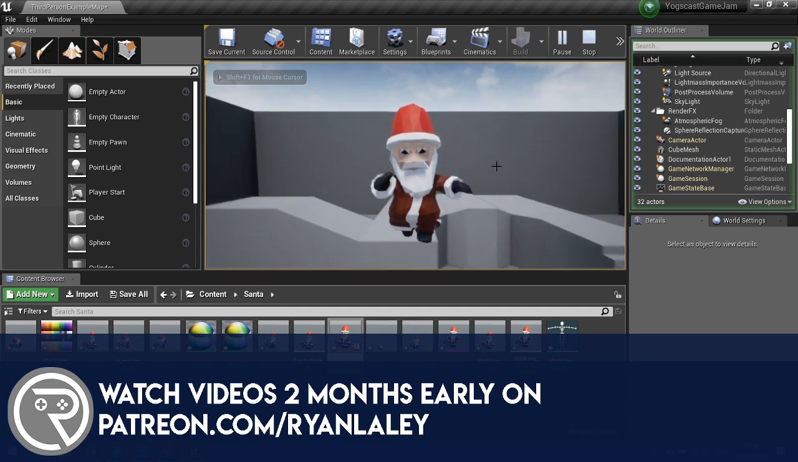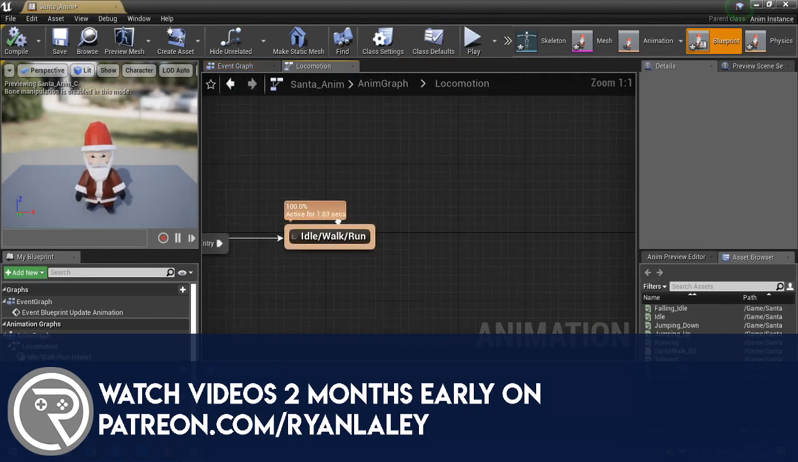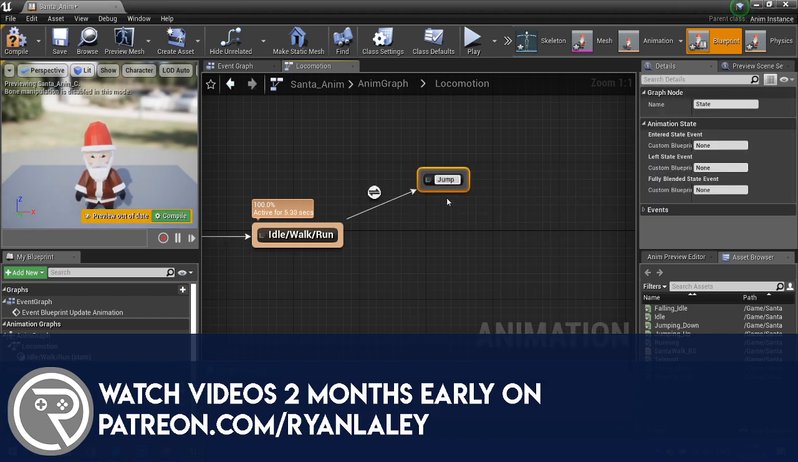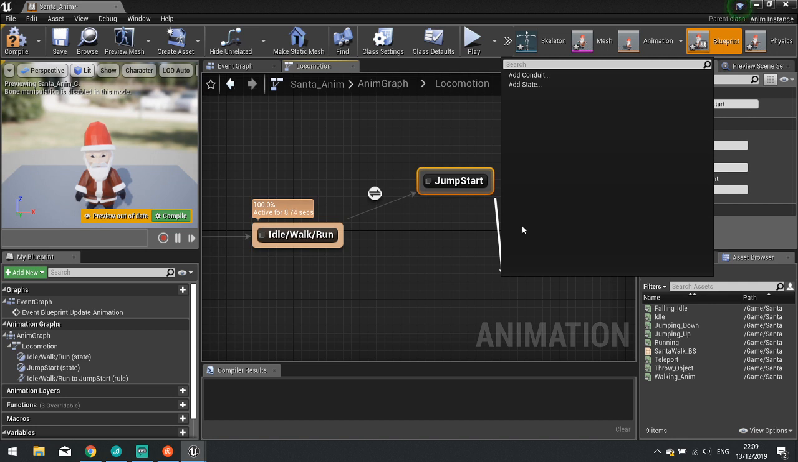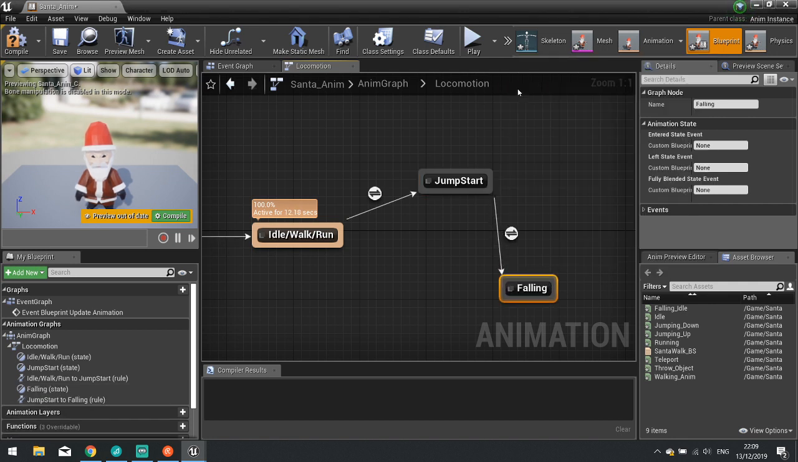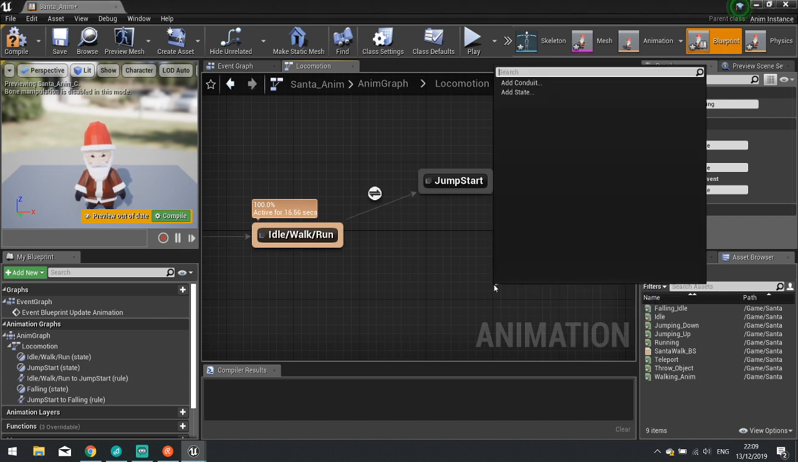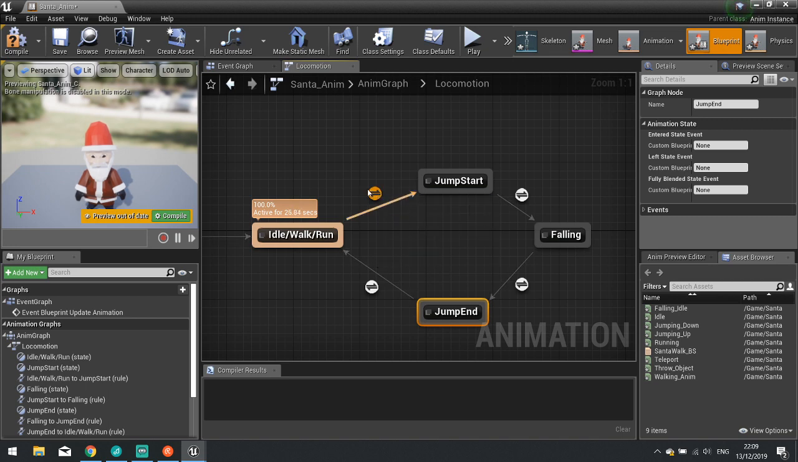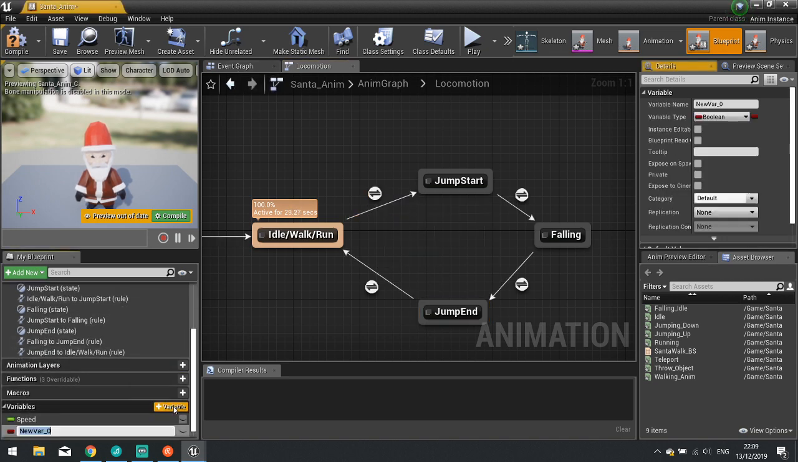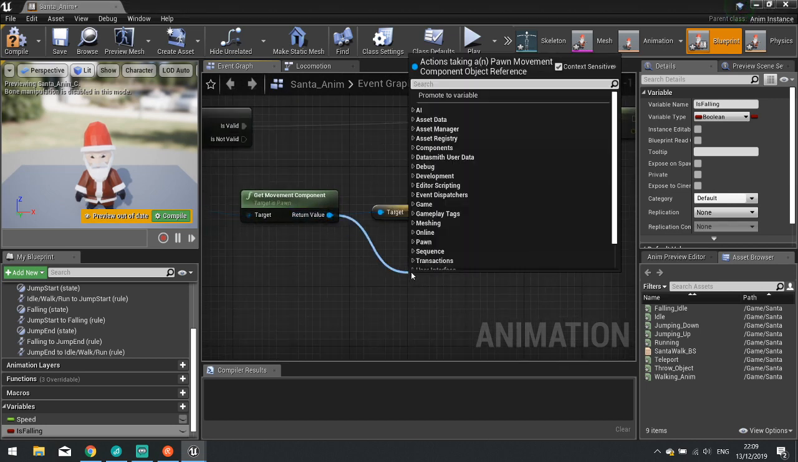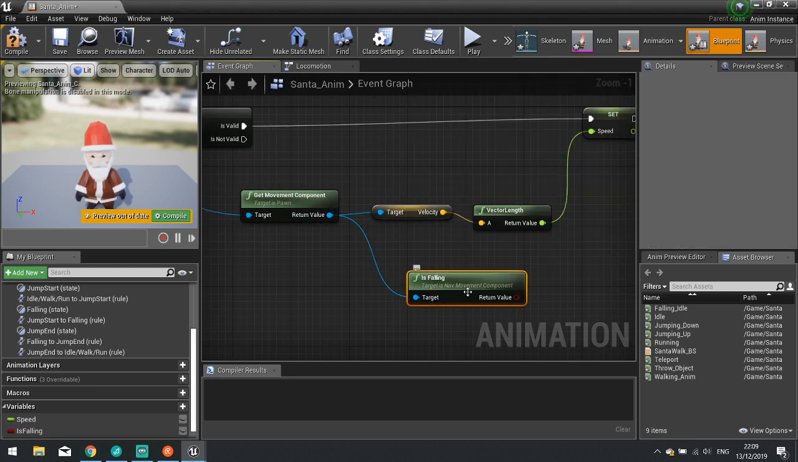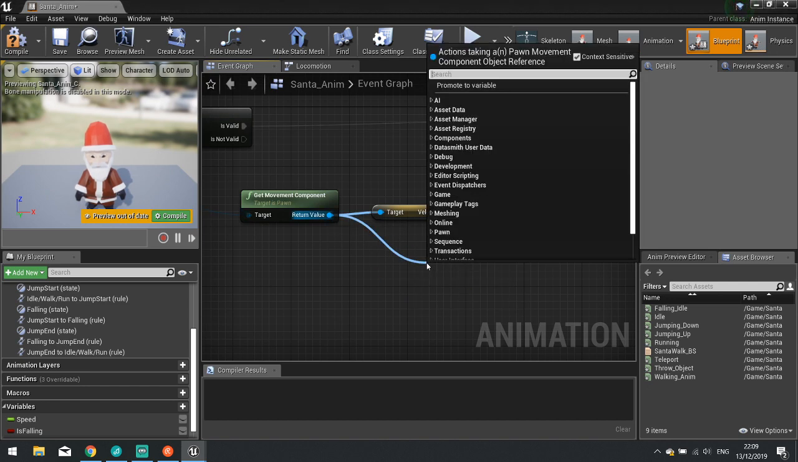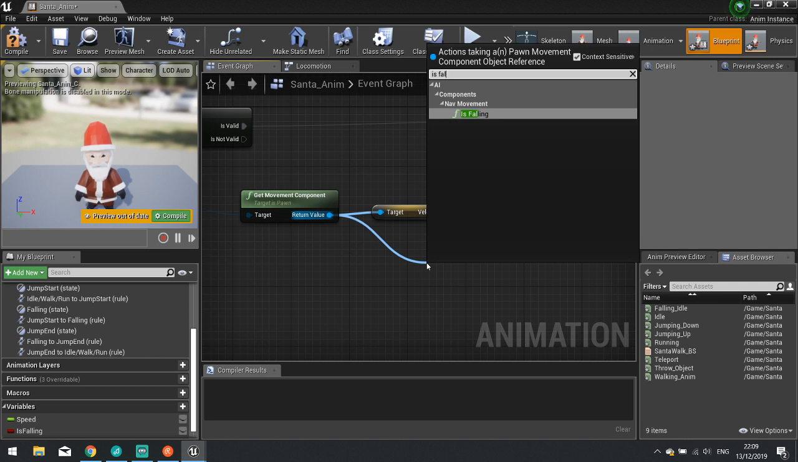So now I've got to do a jump. No, jump has to be separated like this because you don't know how long you're going to fall for. So this is one way of doing it. Need a variable, is falling. Make graph. Get movement component is falling. Nope. Not falling. That's where it was falling. Is